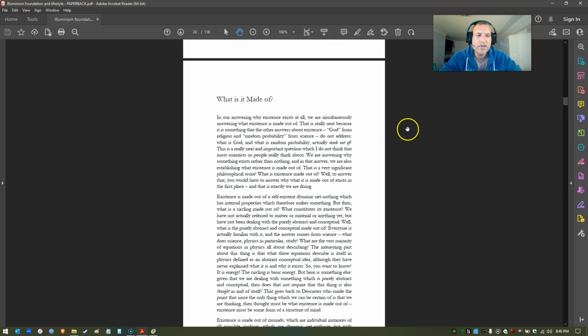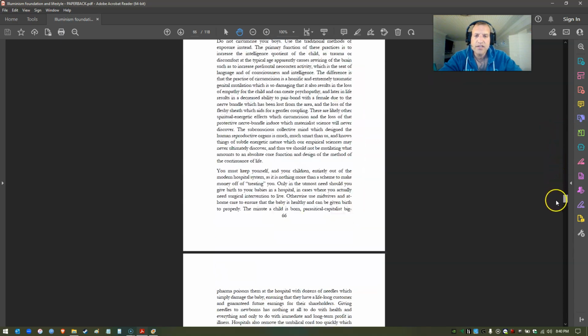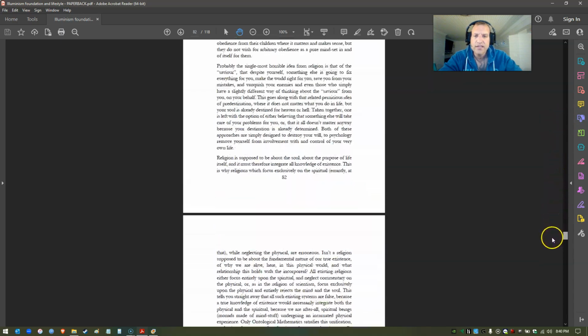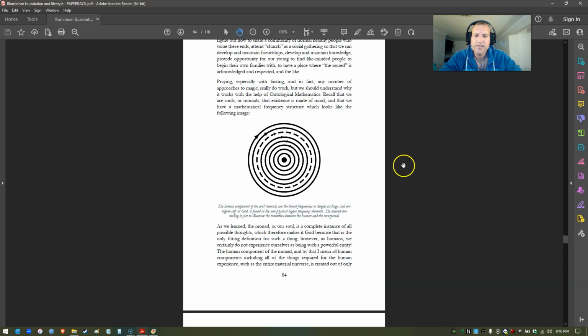But then, going further, down here I have a section on religion. Here is, again, a diagram of your monad. You see this dashed line here? This dashed line would be the frequency at which the human components of your monad are differentiated from the non-corporeal components. Only these outer frequencies, these lowest frequencies, are the frequencies which get scrambled into the space-time domain and undergo the process of becoming, which is the process of the reorganization of these thoughts, of these frequencies into perfection.